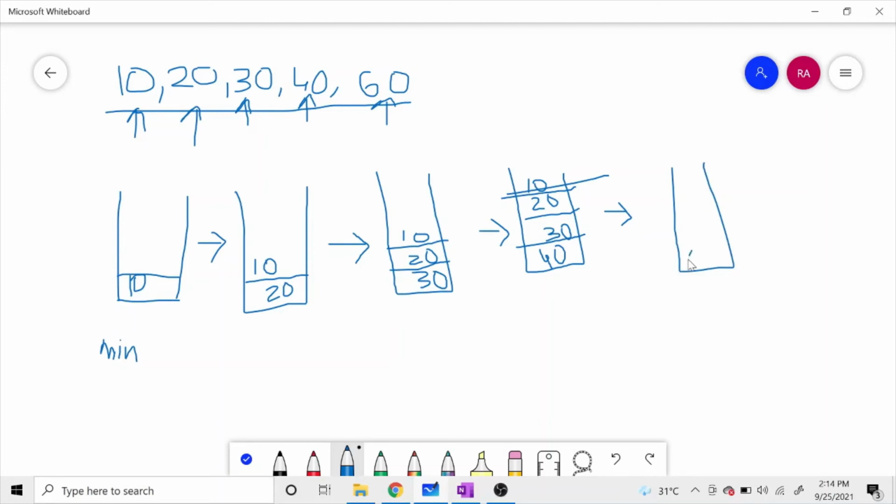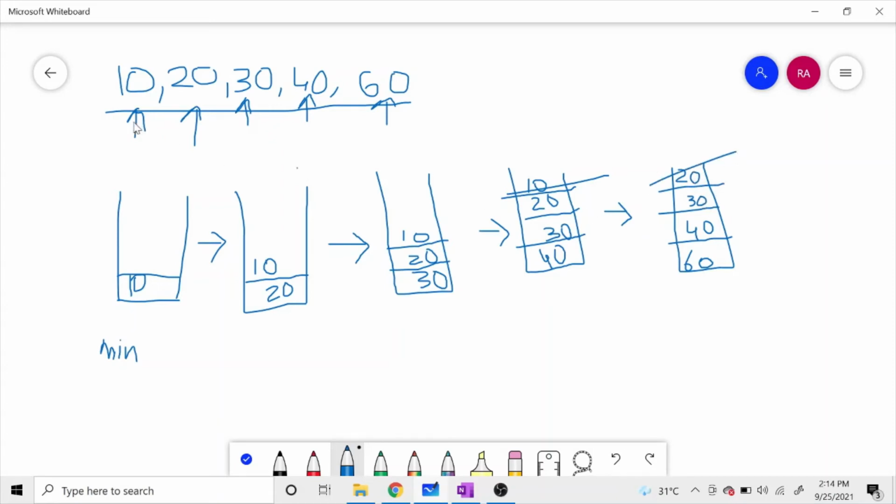Now we will insert 60 into the heap, and then the remaining elements as they are. So 40 will come here, and above that 30, and upon that 20. Again the size has become greater than 3, so we will pop the topmost element.